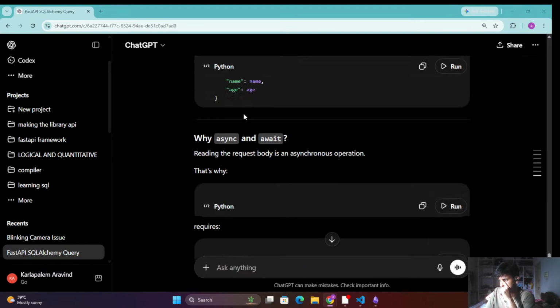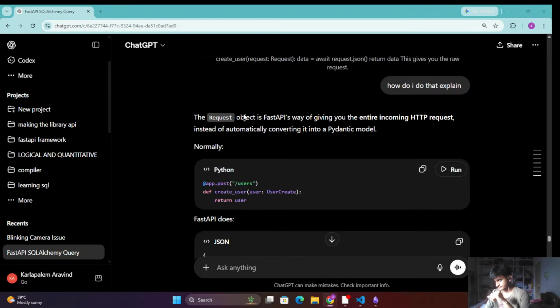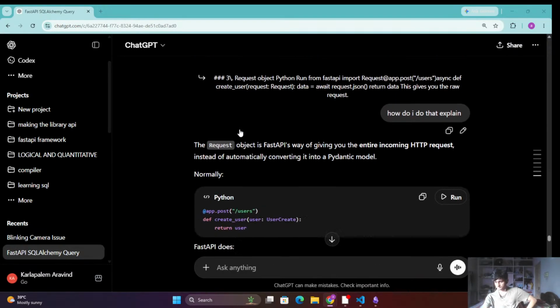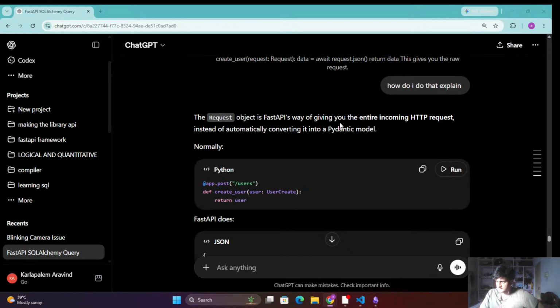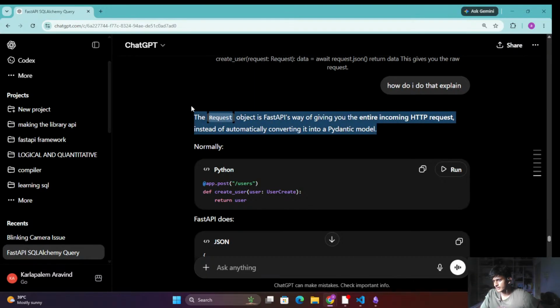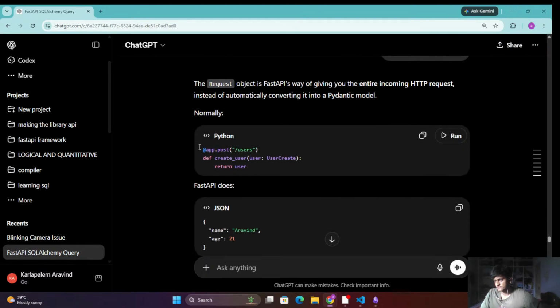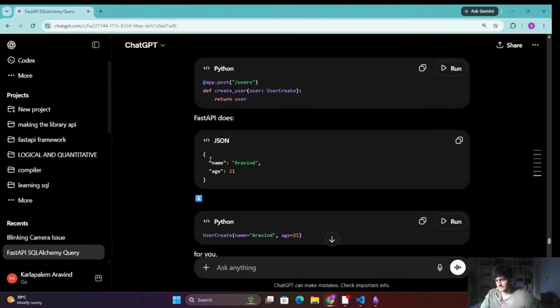The request object is FastAPI's way of giving you the entire incoming HTTP request instead of automatically converting it to a pydantic model. So normally def create user. This is how you usually do it. What FastAPI does is